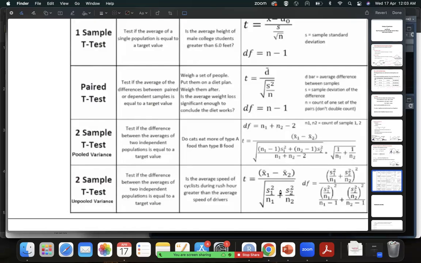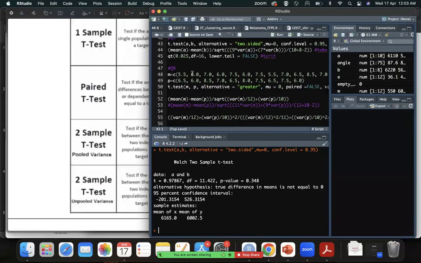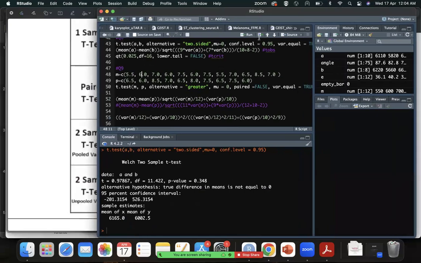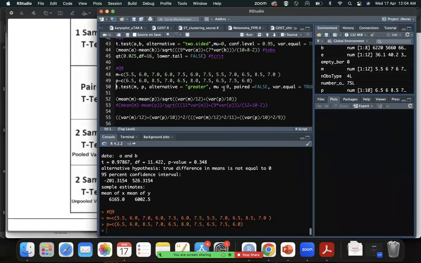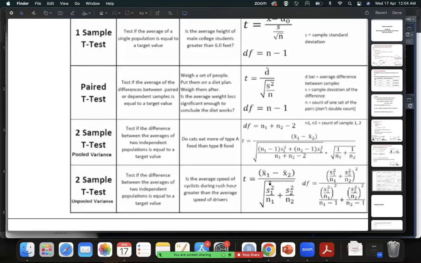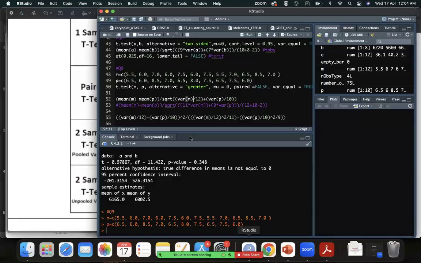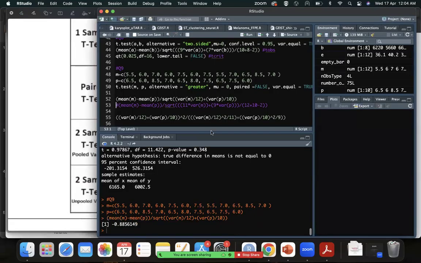X bar minus x2, s1. So yeah, you have all these values, right? You just substitute this in R. This is question number 9. So we have medicine, we have placebo, and yeah, you do x1 bar minus x2 bar divided by square root of s1 square by n1 plus s2 square by n2, right? This formula here. You run this, you are getting,